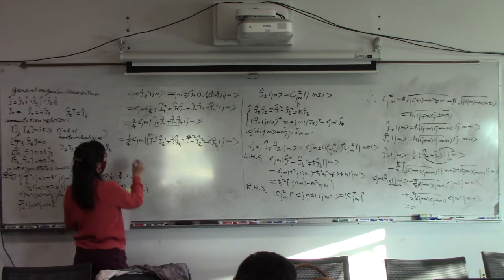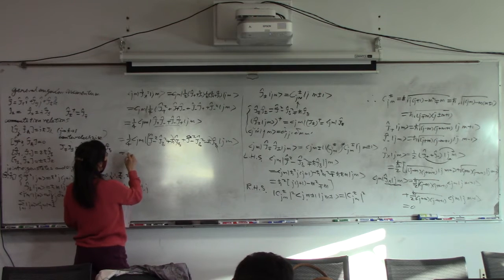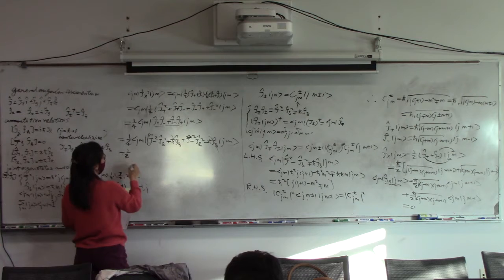This cancels. This will have two. There are 2 factors, right? Then each one. So you have, let me just take this 2. So that is 1 half. And then